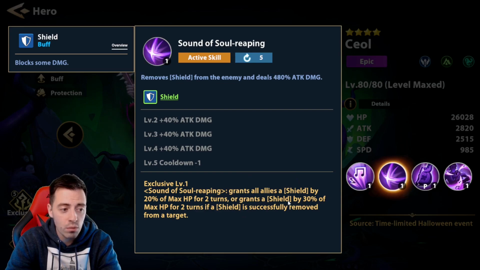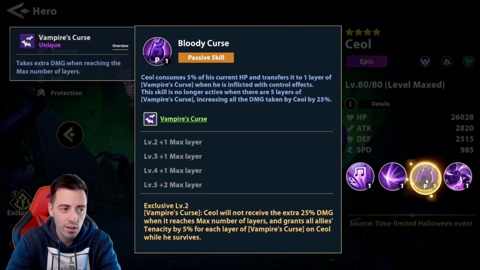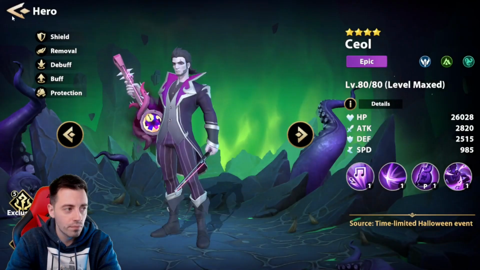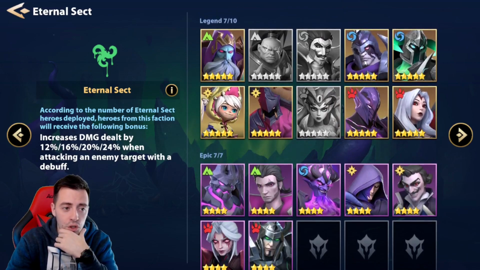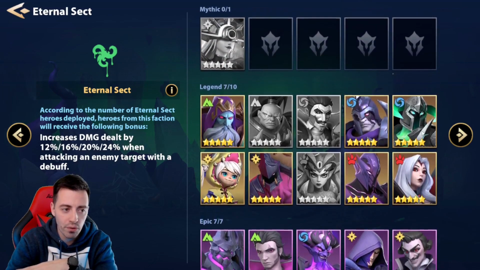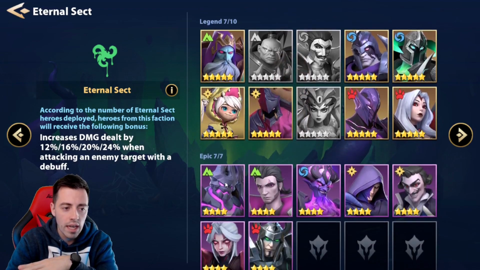If you have the first exclusive, apply an Immortal, rest to debuff. If you have the third exclusive, he is a great hero to bring in here. So my best recommendations for this faction, Quinlan for sure. If you have Agatha, you can use Agatha, she's gonna be great. If you don't have her, you can use a Quinlan, Turf, a Mamuk if you have him, a Vidar, and